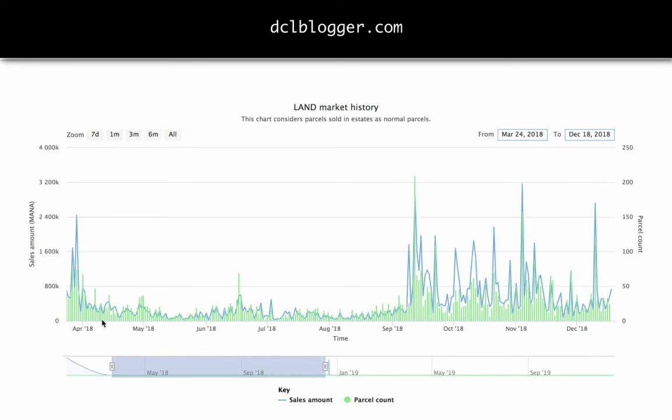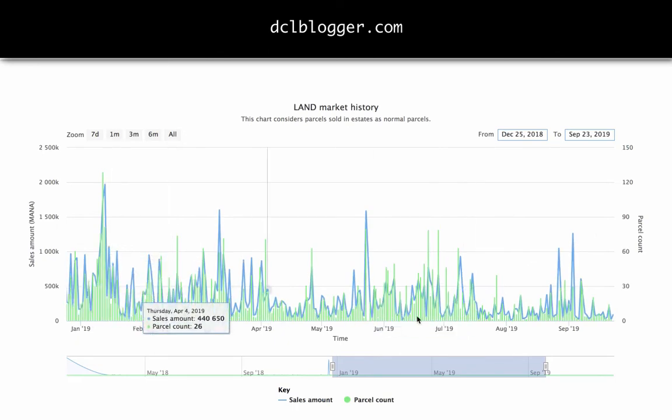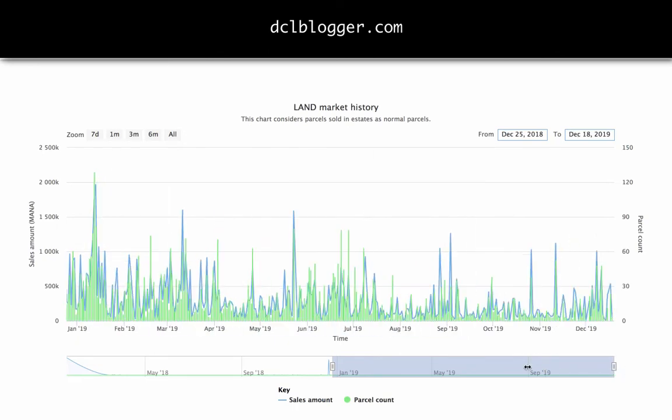But this is basically when the land marketplace went live after the auction, to when we had the September spike, when we had a lot of investment interest come in for the secondary market. Before that, we were only selling a few parcels here, a few parcels there. Suddenly we had a spike, and since that spike, we've done really well to keep that consistency. If I stretch this out all the way to the end, yeah, it has slowed down a little